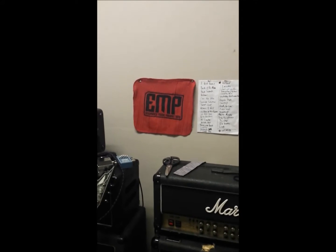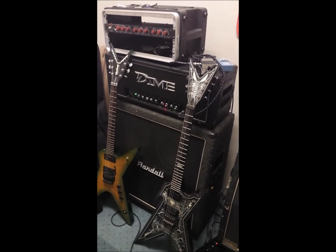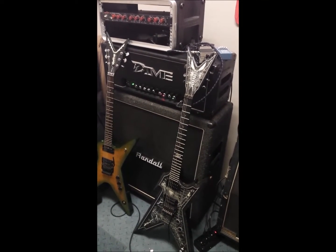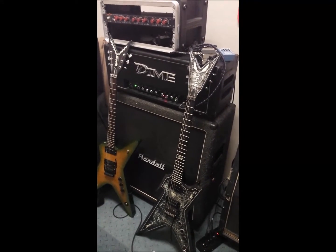Live from EMP Studios in Fort Worth, Texas. What I have here is the rig I use for Primal Concrete Cowboys, which is a Pantera tribute band that I play in. And what I've done is tried to put together a rig that was as authentic as possible, meaning